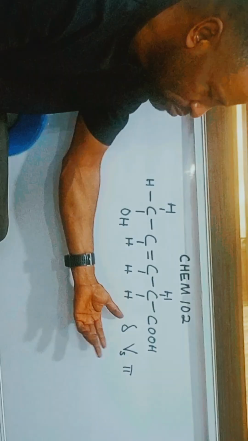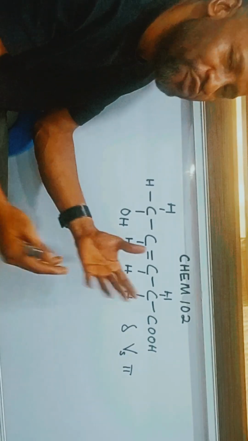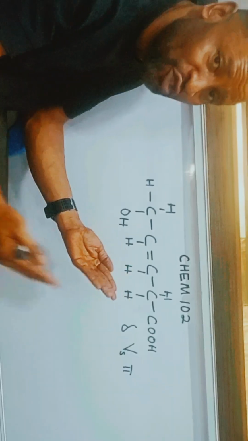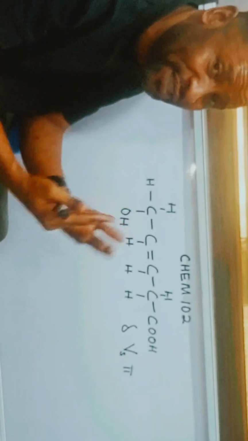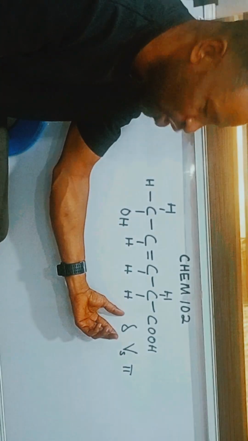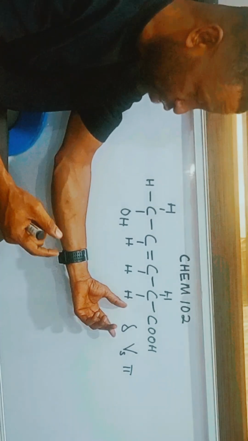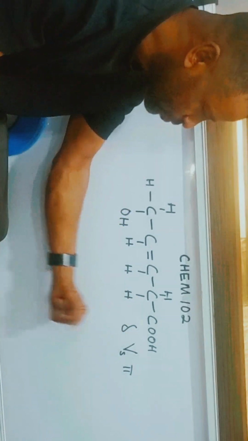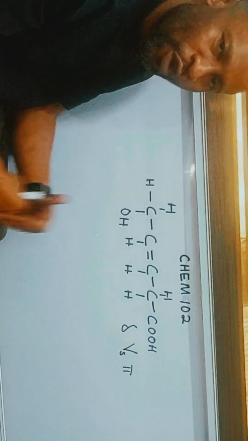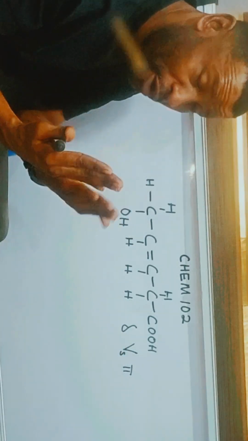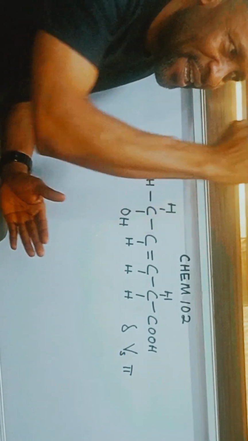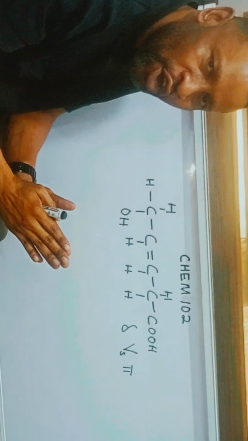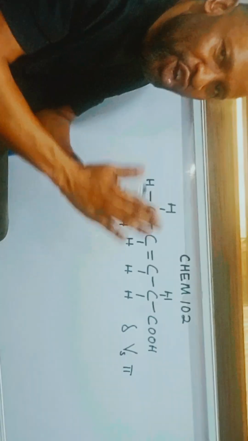One way we form sigma bond is by the overlap of hybrid orbitals. When two hybrid orbitals overlap, we did hybridization in first semester, when two hybrid orbitals overlap linearly, you're producing sigma bond. But for pi bond, one way we form pi bond is by the lateral, that is parallel overlap of two unaffected p orbitals during